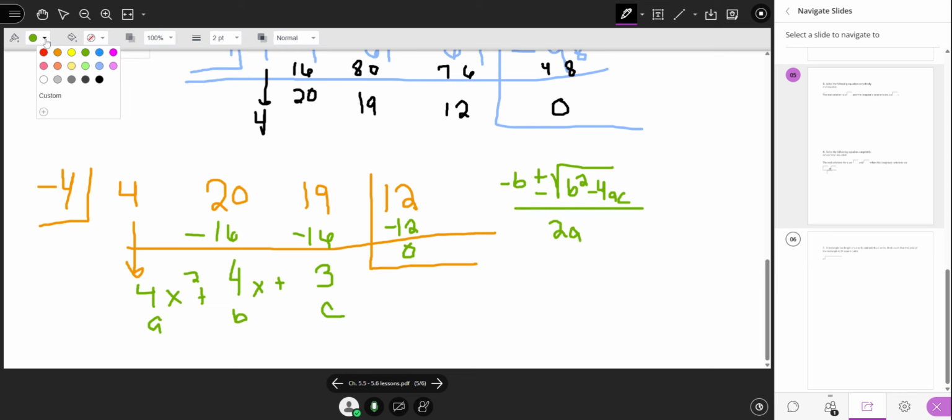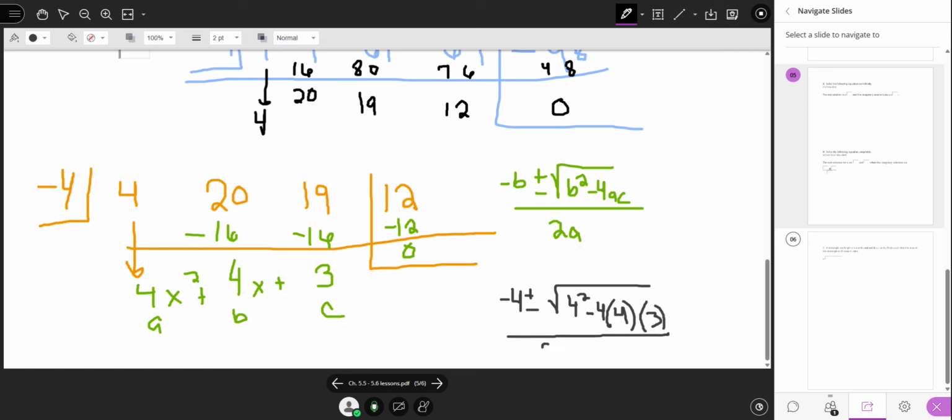Oh my goodness. Is this not horrible? So negative 4, because the opposite of positive 4, square root of 4 squared minus 4, A is 4, and C is 3, all over 2 times A, which is 4. Whoa. Now,